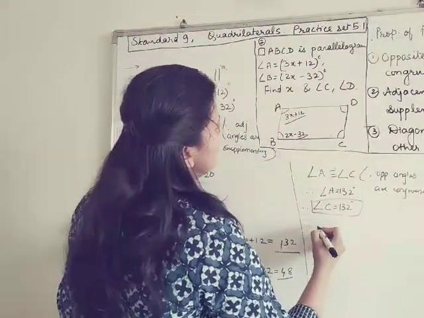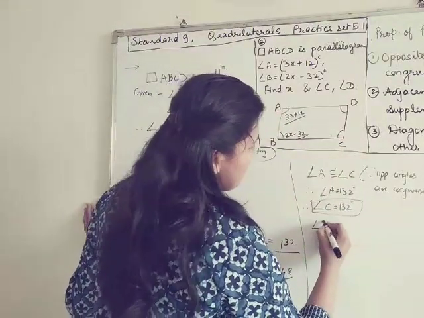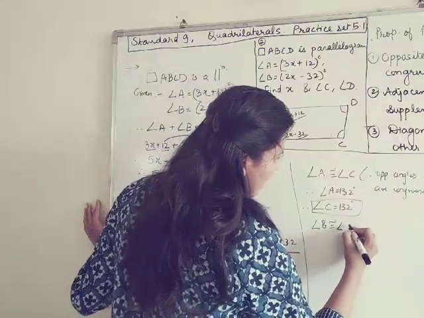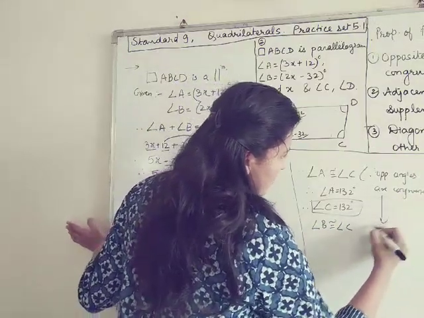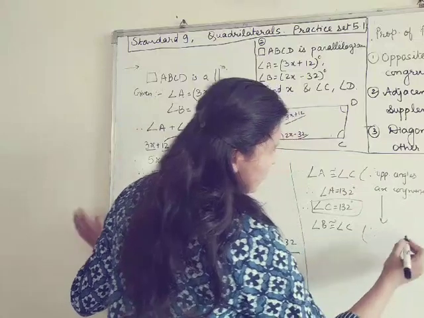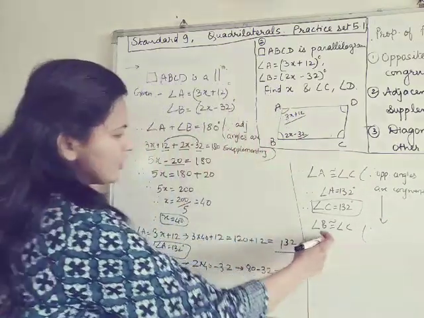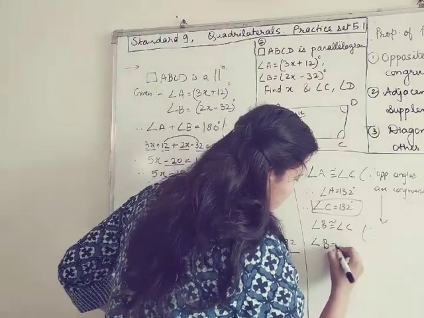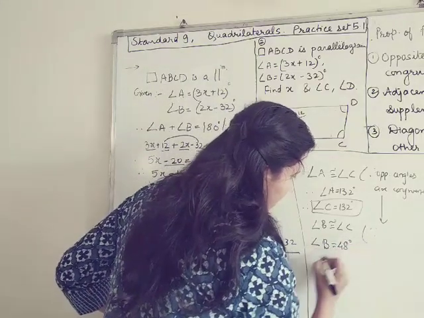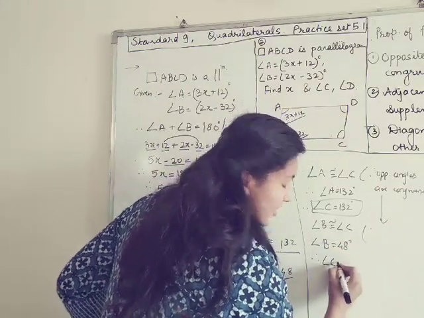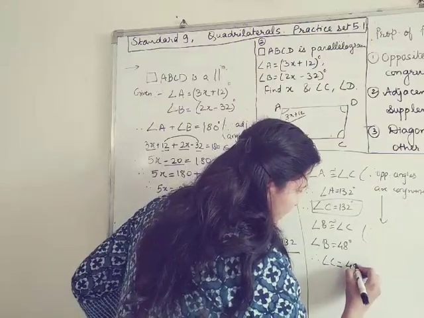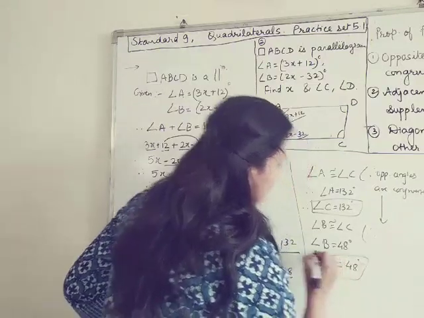Same way, angle B is congruent to angle C. Same. What is the property? Opposite angles of a parallelogram are congruent. So what is the measure of angle B? That is 48. Angle B is 48 degrees. So what will be angle C? It is 48 degrees. So this way,